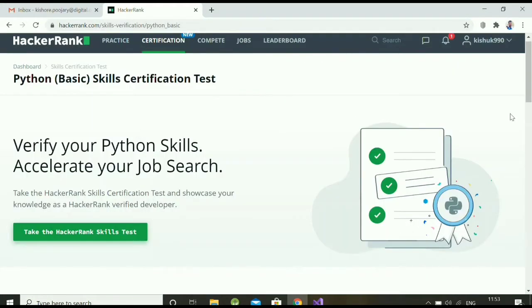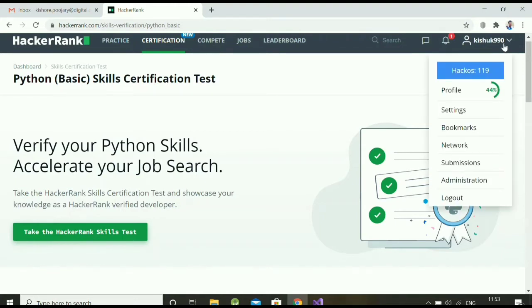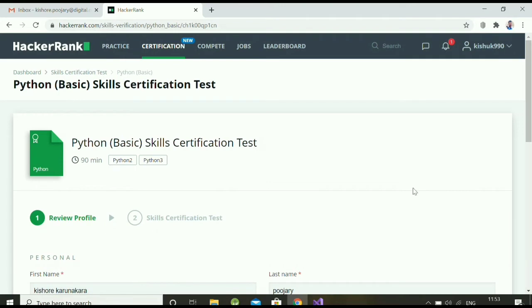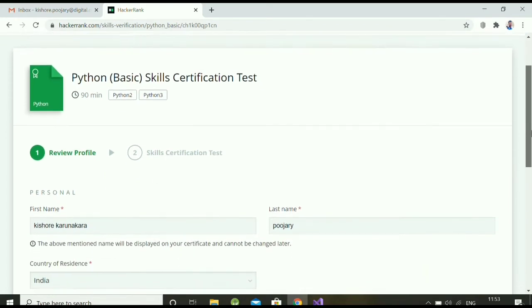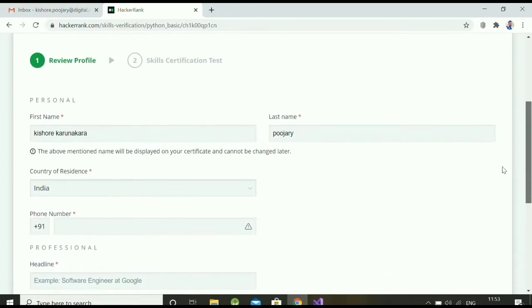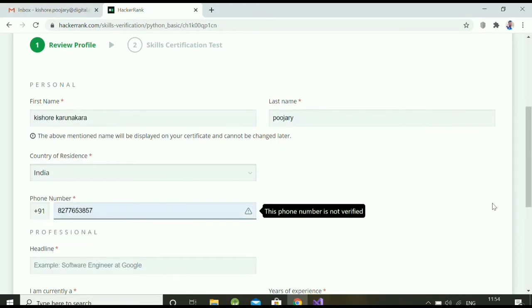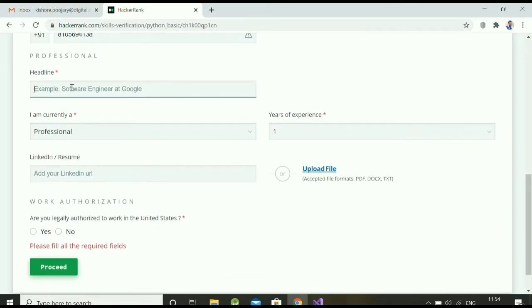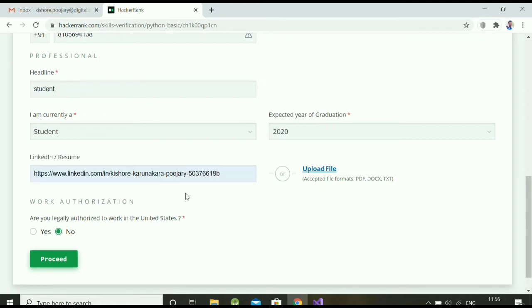Then you can see my profile is added over here. Now you need to click on take the HackerRank skill test. Then you will get this page where you need to fill in your details. I'll quickly fill in the details. Okay, phone number and then headline. Headline is student. Okay, I'm currently a student, and I'll add my LinkedIn profile link, and you need to click on no